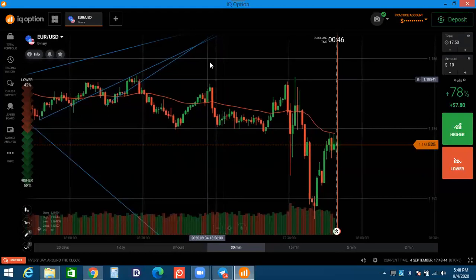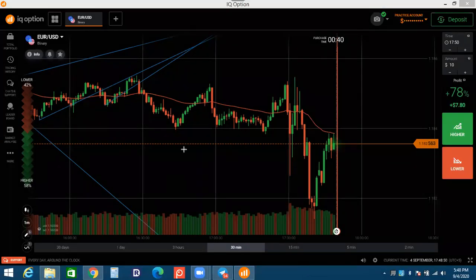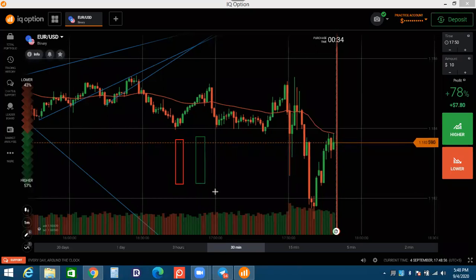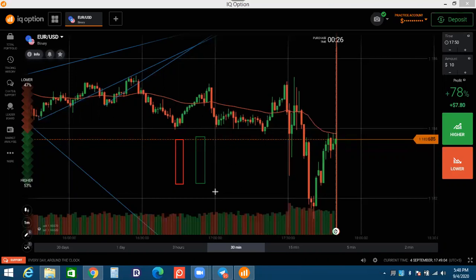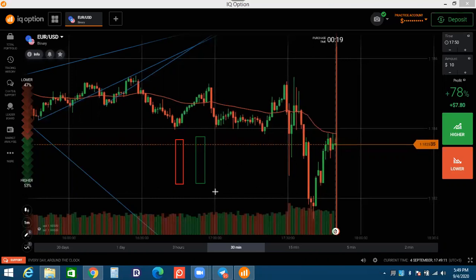You just have one filter, this type of one. If on point number C you find a very big candle like this one or like this one, then you avoid the trade. This is an exhaustion candle. You know that after an exhaustion candle we don't take any trade. The candles must be related to the context which is going on. The candle must not be this type of exhaustion. So this type of market is not good.